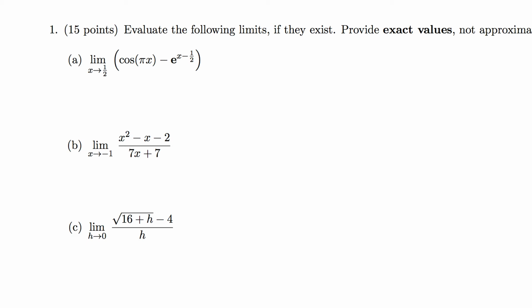Evaluate the following limits if they exist. In part A, we have this function as x approaches 1/2. So it's a cosine function minus an exponential function. All we have to do is plug in x equals 1/2. So that is cosine of pi times 1/2, that is pi over 2,